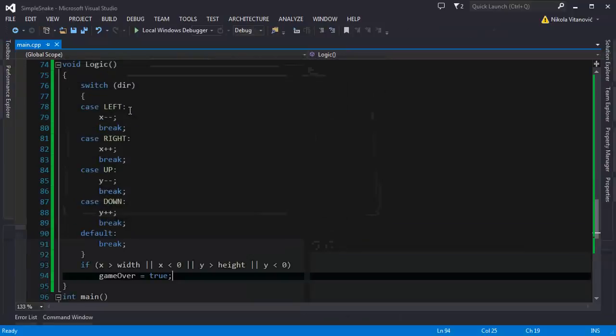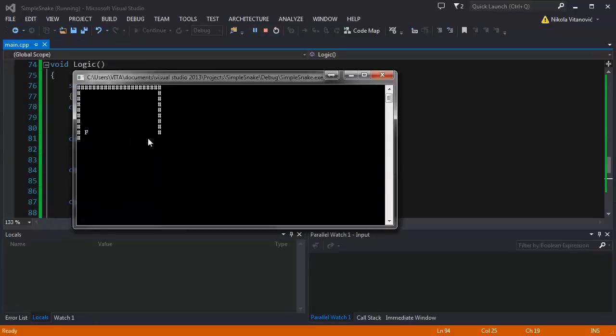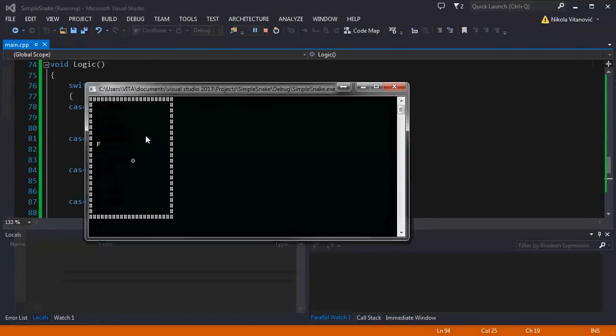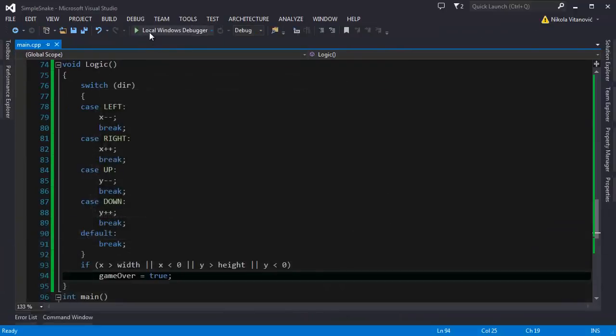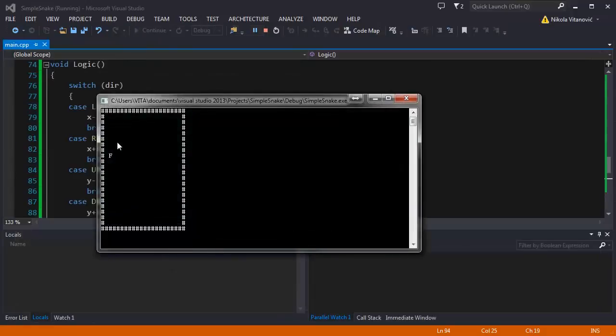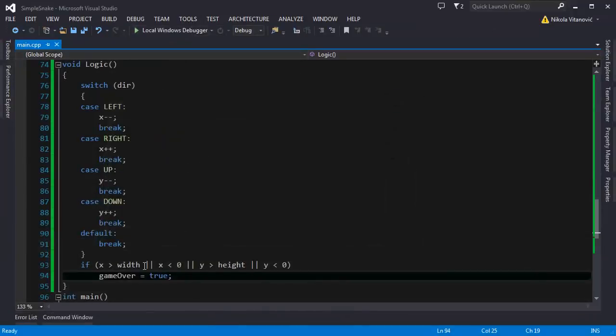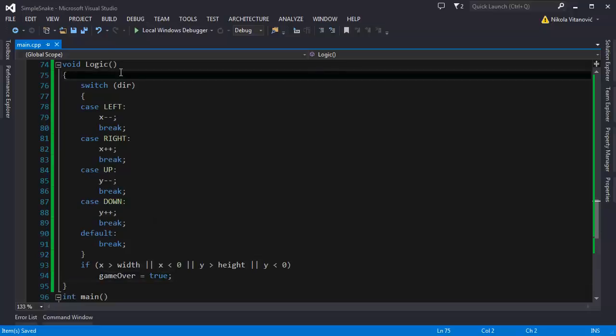So whoop, you see, game terminates. We go out of the map, game terminates. Pretty much does the thing. So this handles the movement inside the map. In the logic function, we also need to do something else,